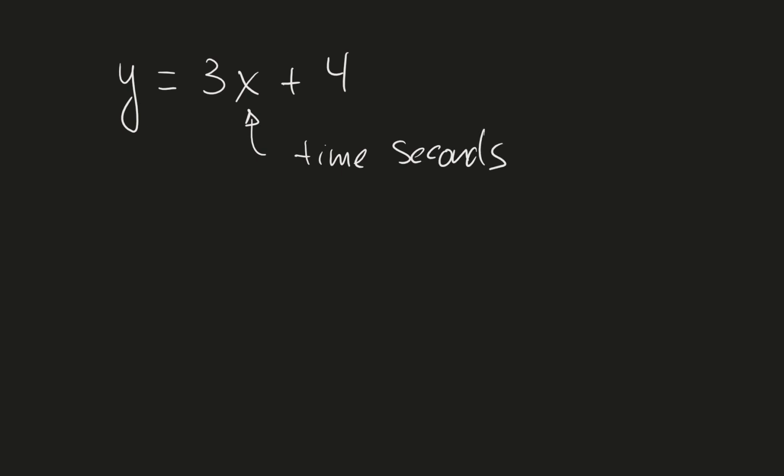Let's start. If you recall, way back in chapter 3, we did an activity called the Great Race, and we were modeling racers on tricycles. And if the equation of one of the racers was y equals 3x plus 4, we know that if x is recording the time in seconds, and if y is recording the distance from the starting line in feet,